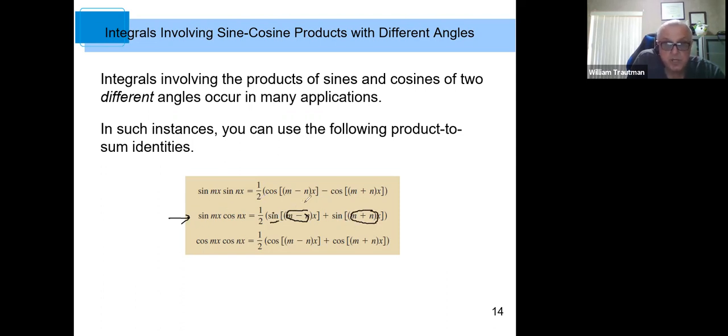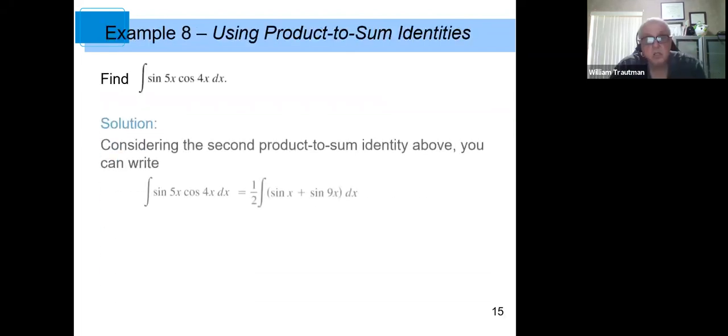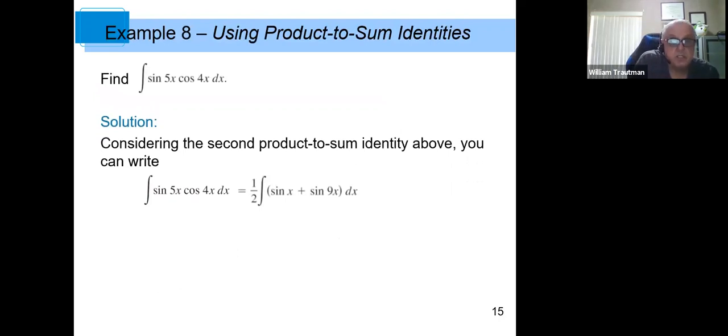So we're going to have sines. We're going to subtract the first 2, and then we're going to add the second 2. So it's similar to the first one. So let's take a look at that. And once again, you subtract the first two, 5 minus 4, and you get 1. 5 plus 4 equals 9. And then